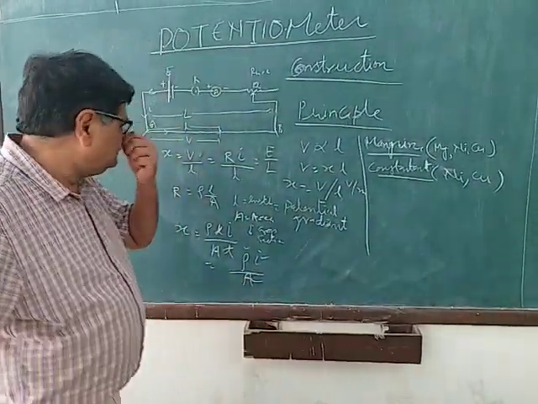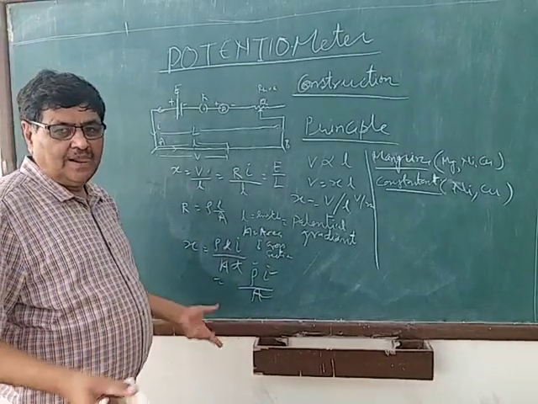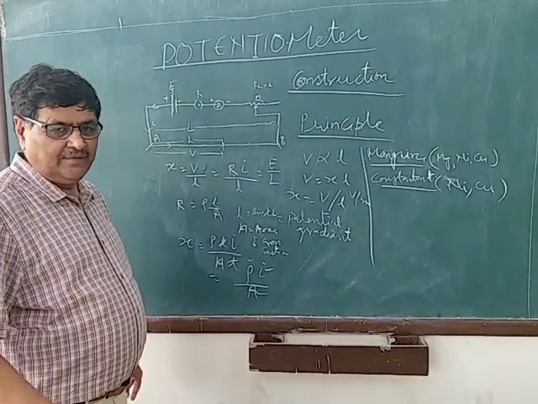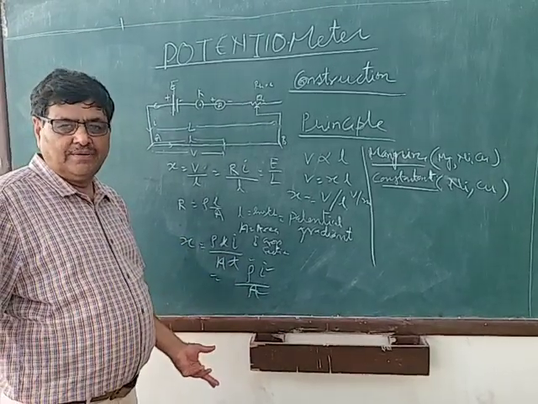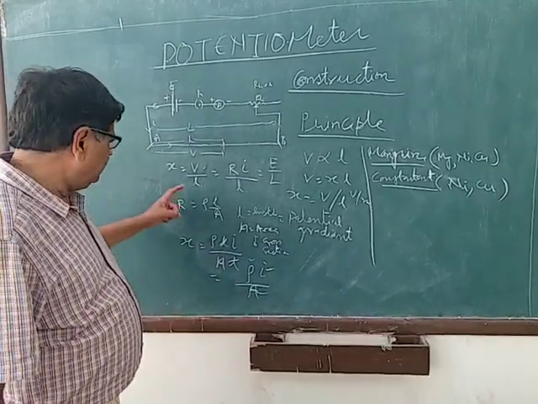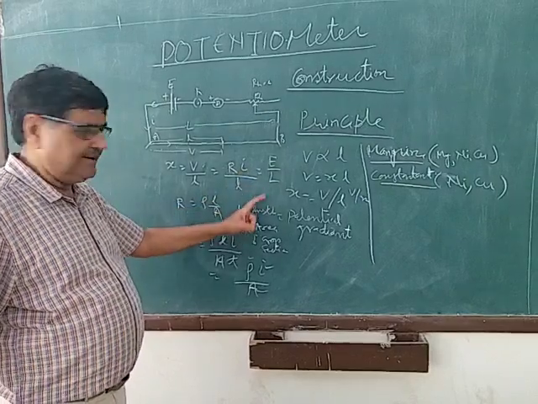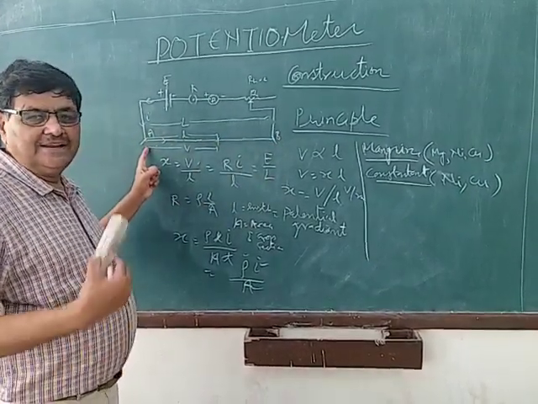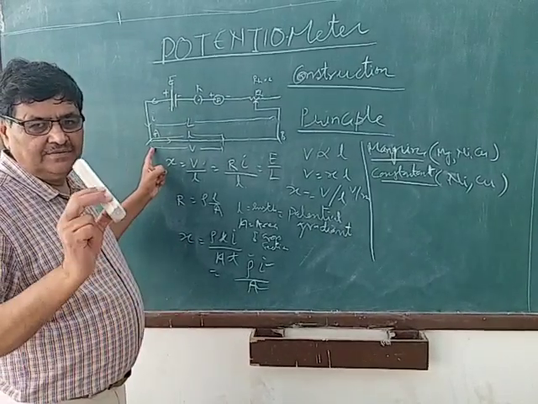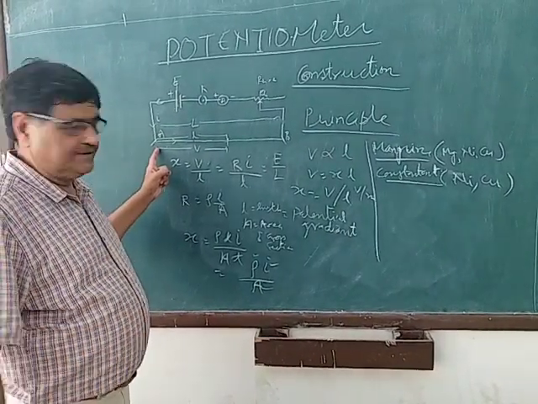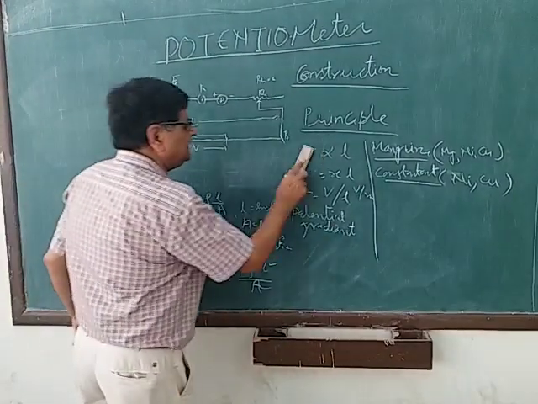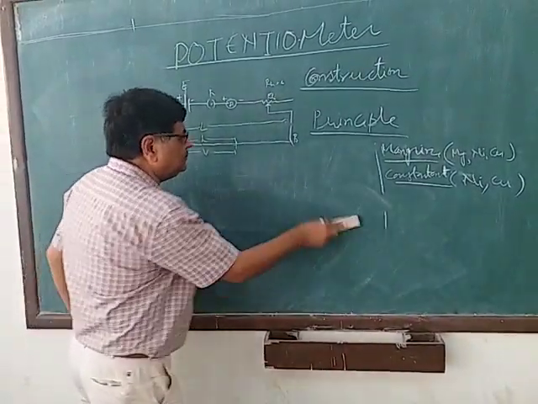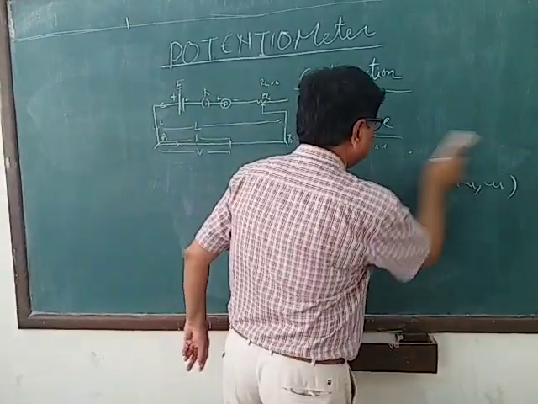So this is the principle we have understood. Why we are using Constantan and Manganin wire we have understood. Why we cannot use a copper wire, that we have also understood. And X, on what factors does it depend? It depends only on potential difference across it and length, irrespective of material. Whatever material you want to use, you can use it. So after this, we come to the use of potentiometer.